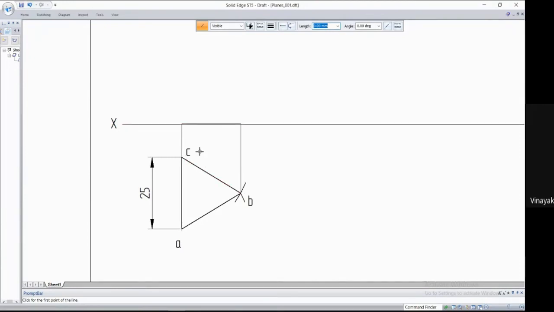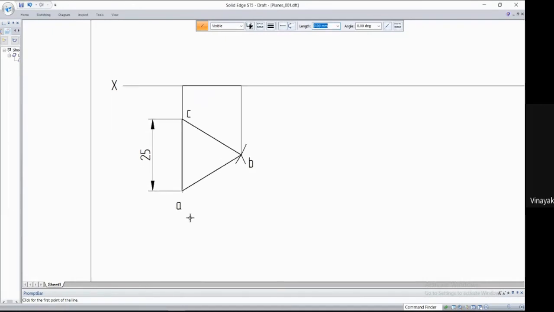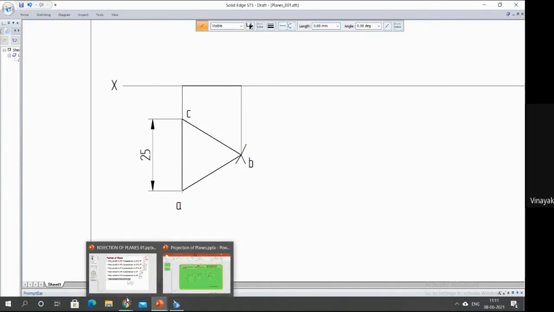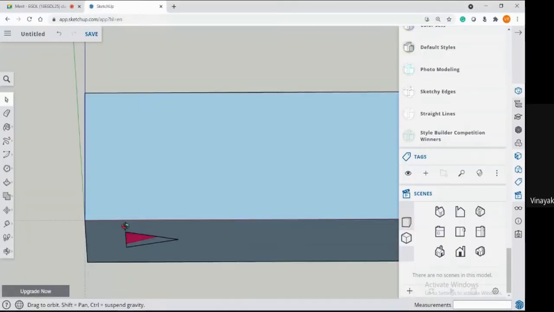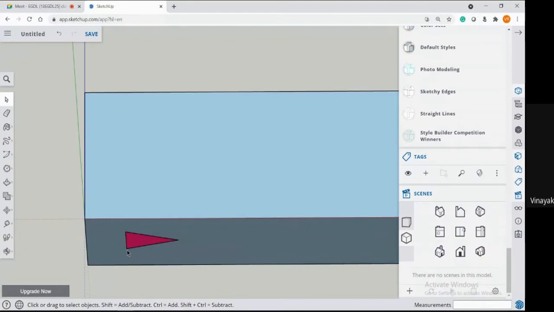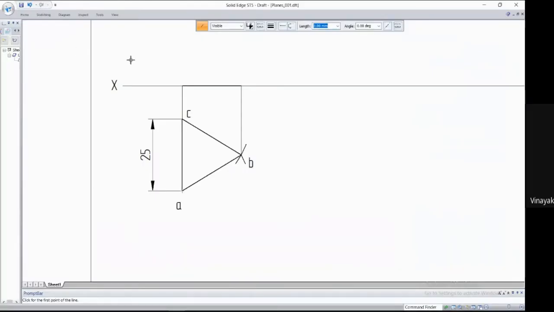This is your top view in the first position. The one which is on the xy line is your front view in the first position. Now how will you name this? When you see this from the front, these two ends of the plane are visible to you, but this end is not visible. This end is behind this. The corner which is behind must be written in brackets while naming it.